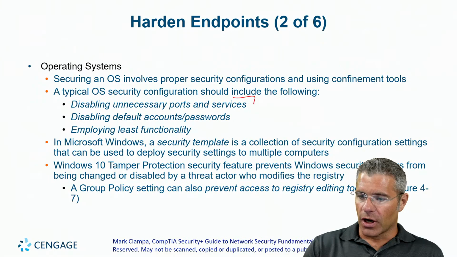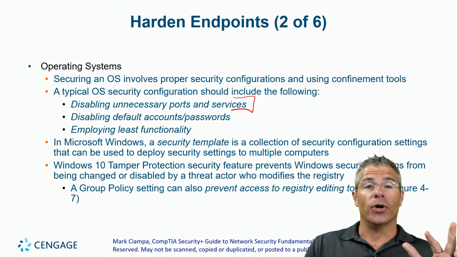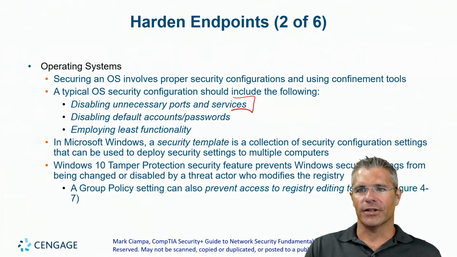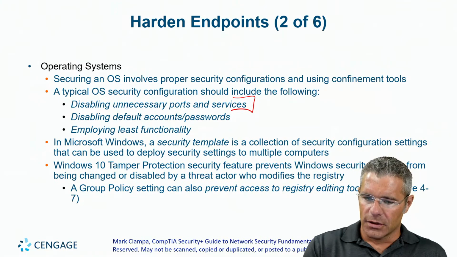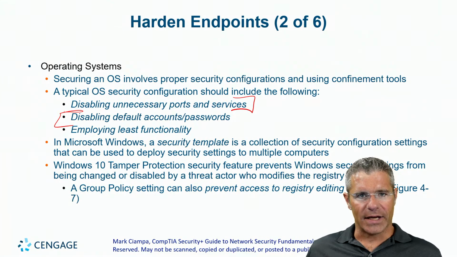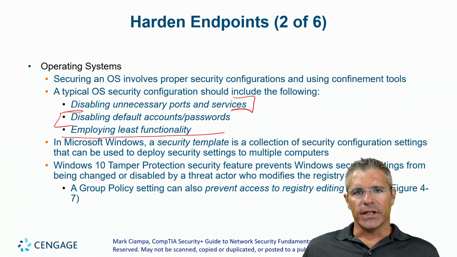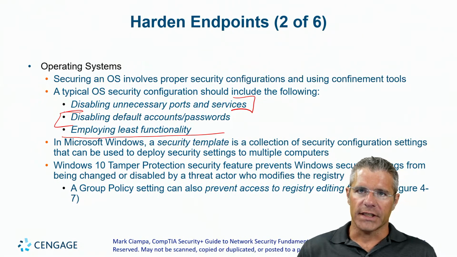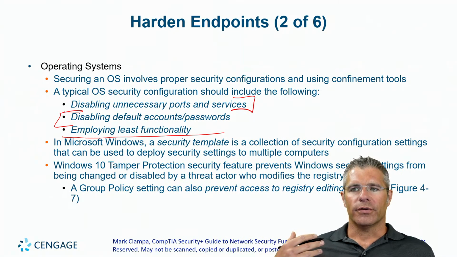So we looked at configuration guides for securing operating systems. That's going to be turn off all the stuff you don't use. Of course, step one is going to be know the stuff that you have on your system to begin with. Know that you have a system you need to organize. Disable or change default accounts and passwords. All of that is the principle of least functionality and the principle of least privilege. So let people do as little as they need to do their jobs. Let people have access to as little functionality as they need to effectively do their jobs.